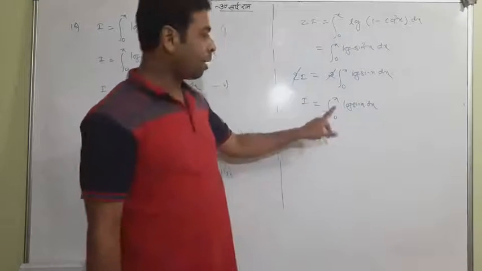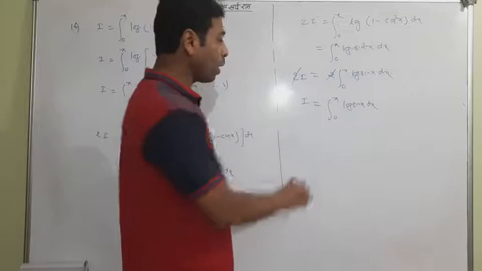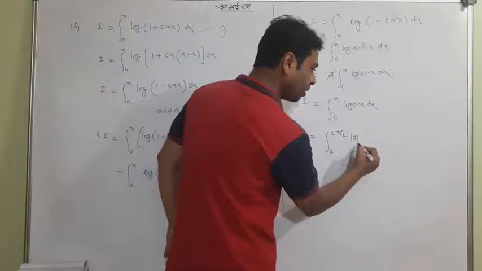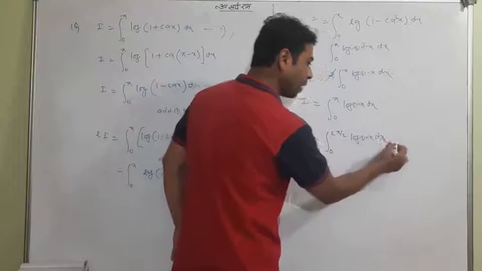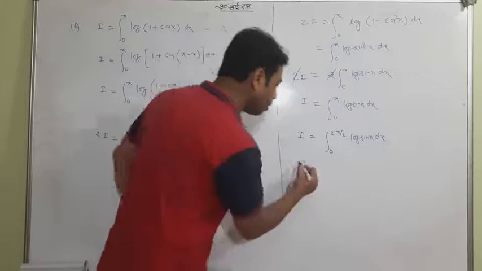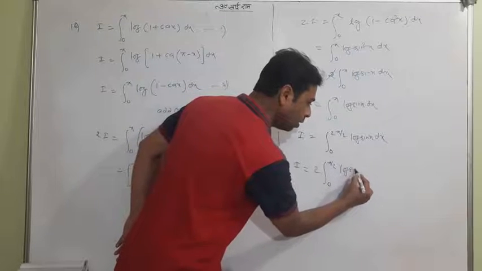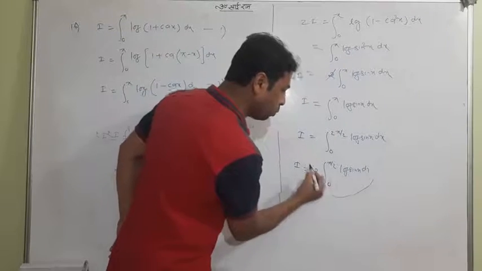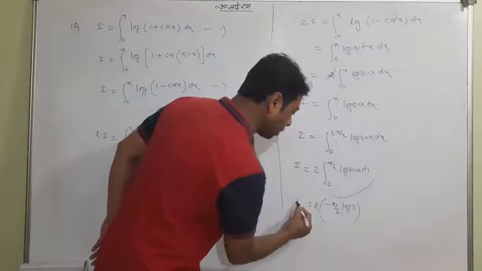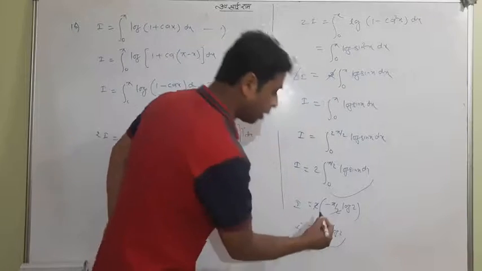This is very famous. Now integral 0 to pi of log sin x is coming, and it requires pi by 2. So I will write, you remember, I am not repeating it again. This is log sin x dx, and you know the property now. Please do it by yourself. This 2 will come to the front by using the property. I am not writing the property now because this is the third time I am using it, and this is none other than minus pi by 2 log 2. And 2 and 2 cancel, so minus pi log 2 is the answer.